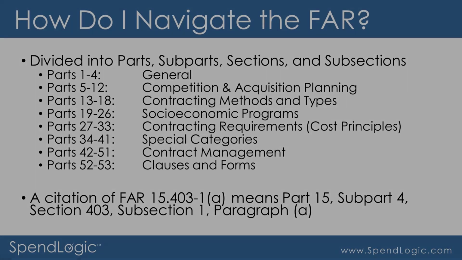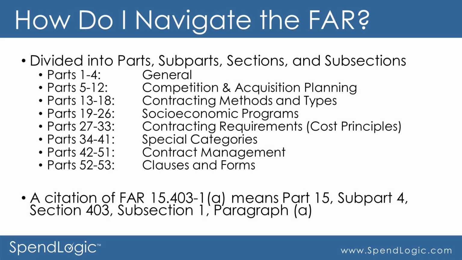Navigating the FAR is relatively straightforward if you know how it's organized. The FAR contains parts, subparts, sections, and subsections. In general, it's organized into 8 basic subject matter areas. Parts 1 through 4 are general, parts 5 through 12, competition and acquisition planning, parts 13 through 18, contracting methods